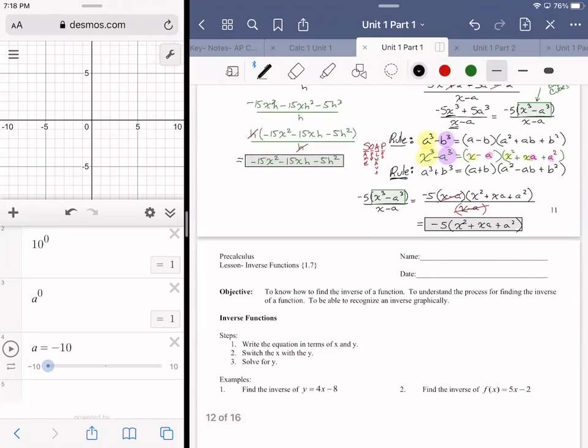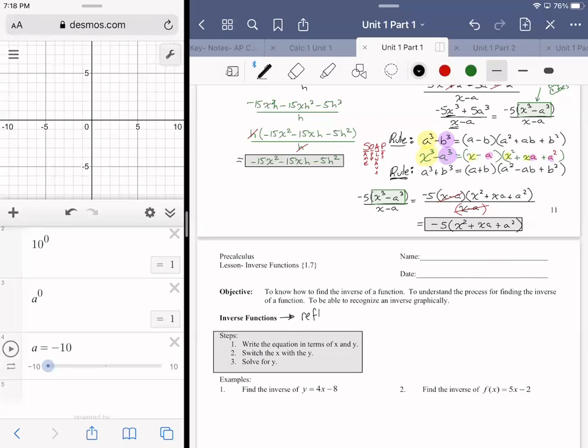Inverse functions. We'll start off, and the only thing we're really going to focus on is finding an inverse tonight. When you're finding an inverse, you're really just following these steps. All right. But the definition of an inverse function